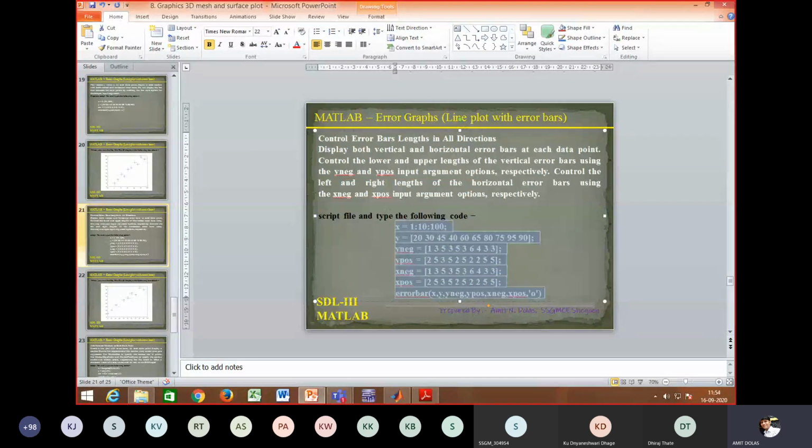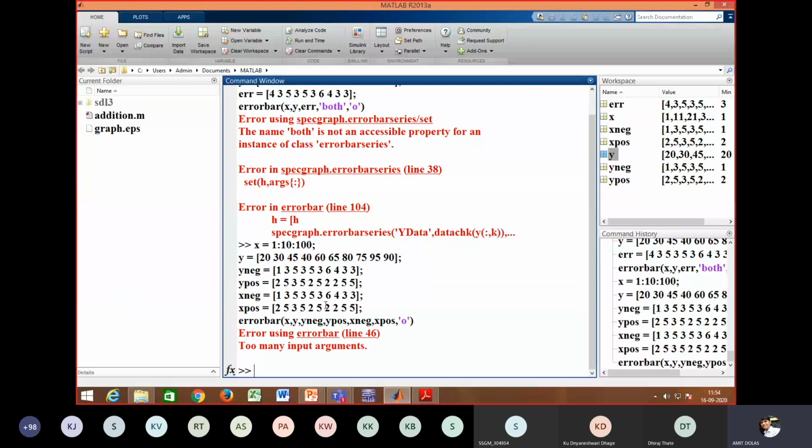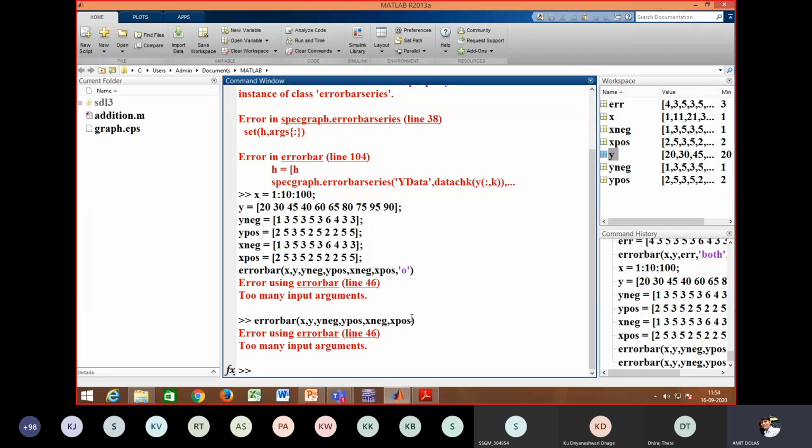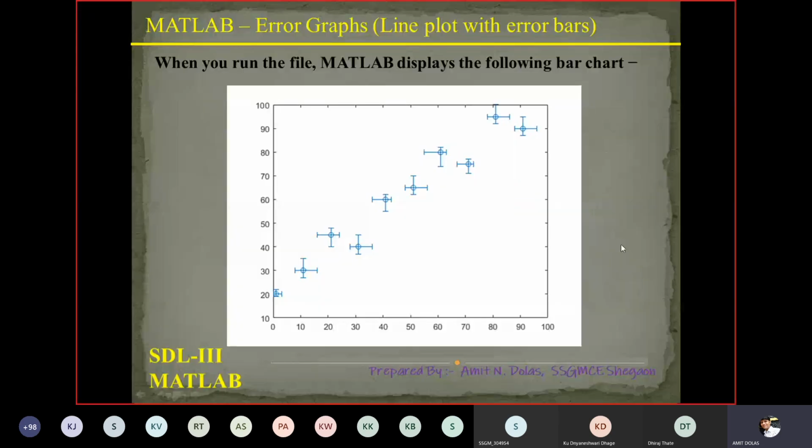We'll see the output, whether it provides you the output, it's okay, else we'll see in the next lecture. Again, error bar is giving a problem for a long time. If we remove this O, then it will work, I think. There is a problem with this instruction, I think. So here you'll get output like this.